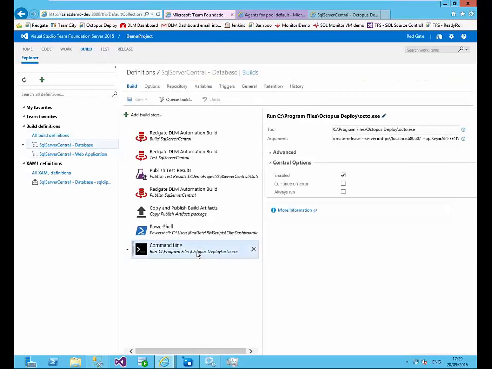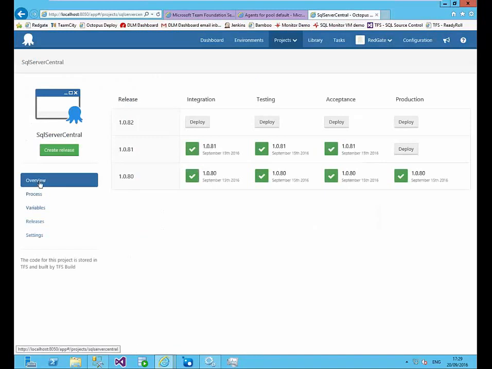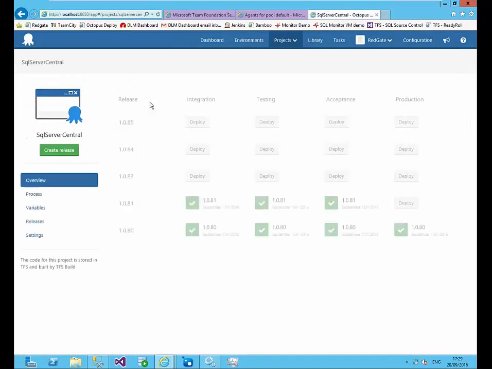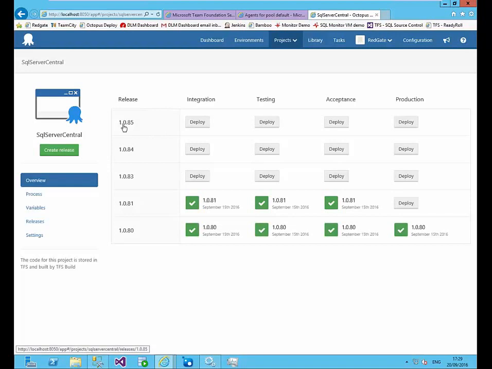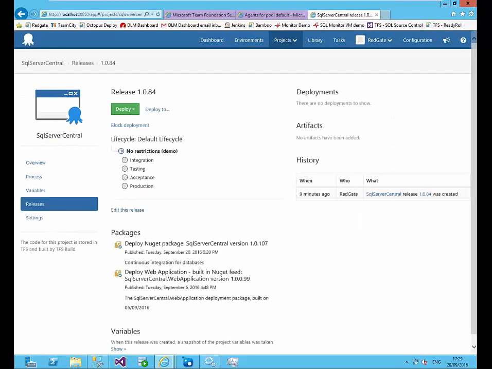What we're actually doing is on the last step, I have a command line step that's calling octo.exe, which is the Octopus Deploy command line. And so it's creating a release and has the various arguments that we need to do that. When I come over here to my Octopus Deploy system, what we'll actually see is it's created a new release. Now I did this one earlier. 84 was my first set of changes. 85 is my next set of changes. And if I were to look at what this involves,